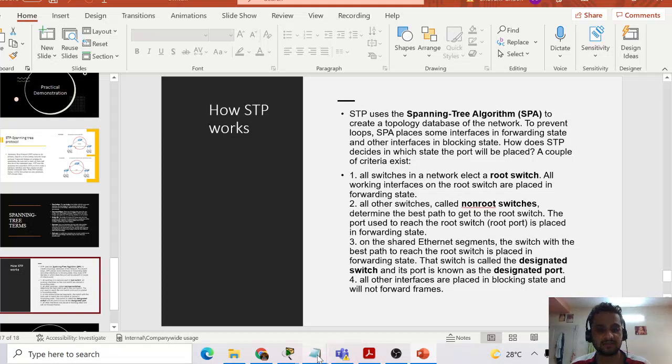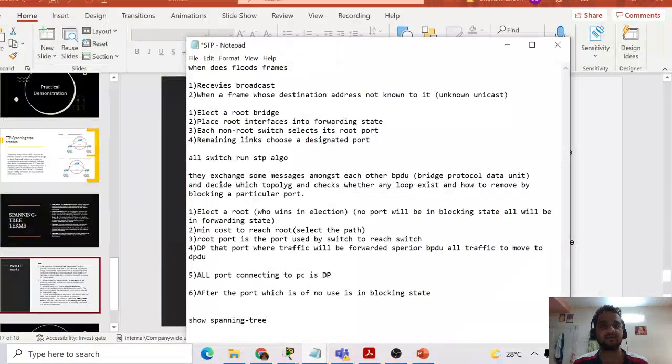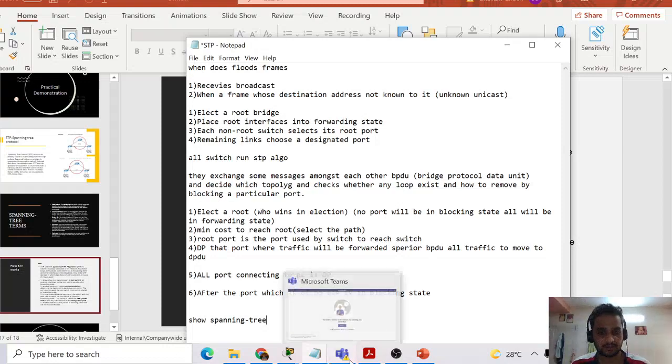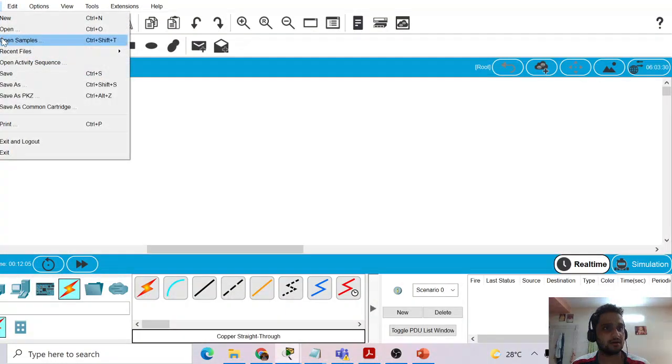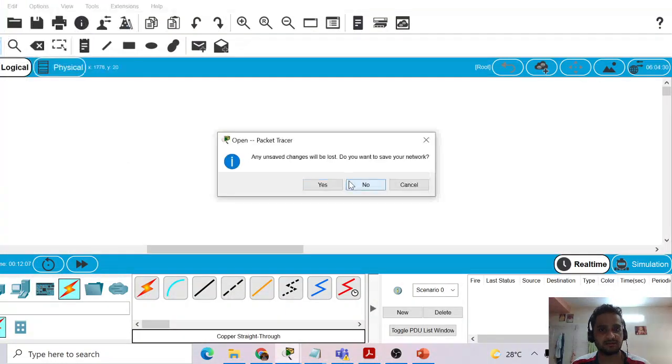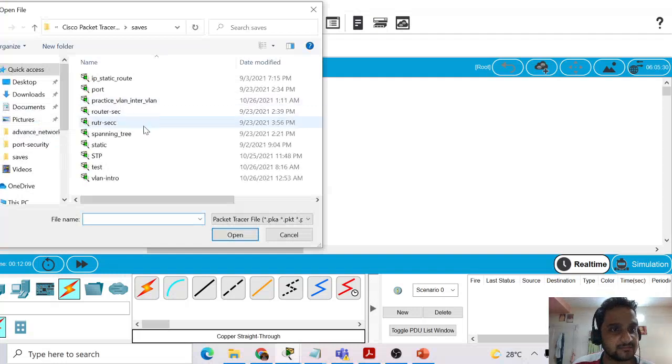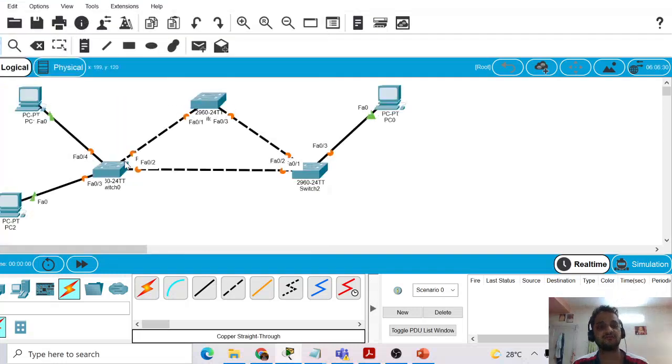Spanning tree is a protocol created by the switches to make sure there is no loop between two switches or three switches. Sometimes, in order to create a no-failure area, we create new switches and new connections. That's the reason we get the issue of spanning tree.